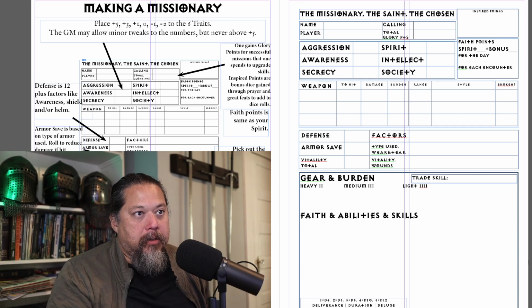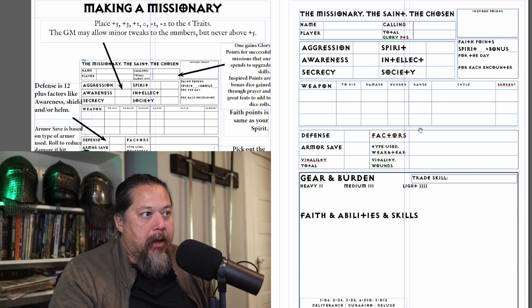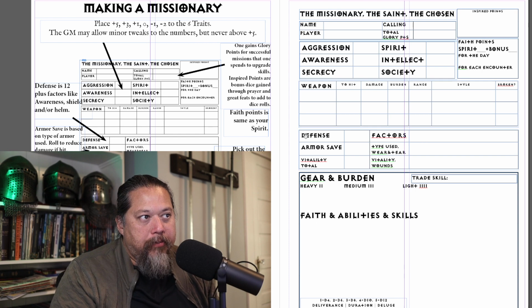I mean, we're done. That's how you make a character in For the Little RPG. Now, when you pick your armor, by the way, defense is 12 plus your awareness if you have a shield